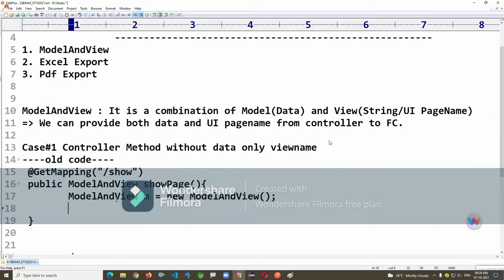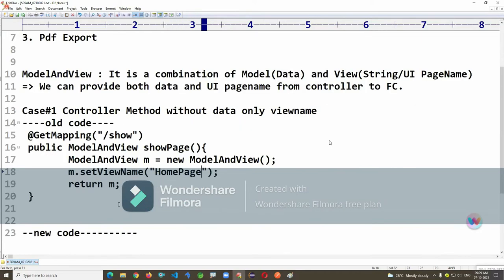It's not a good approach actually, creating the object manually. m.setViewName, I'm writing here setViewName is home. It will go to home.html or homepage.html or homepage.jsp like that.